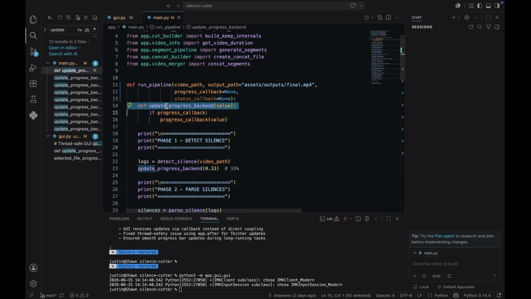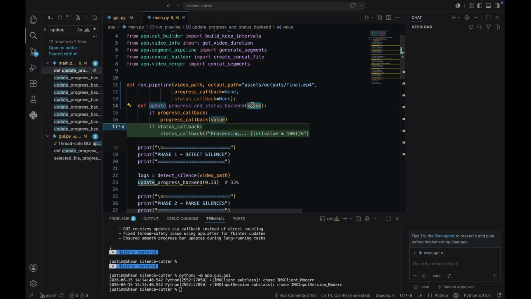Then we're going to modify our update callback. First, we are calling our progress callback. Then we add the status callback. So we're mixing both together, progress callback and status callback. And we need to modify this. Since update only updates progress, we need to make this flexible. So we need to add, I think this will do,